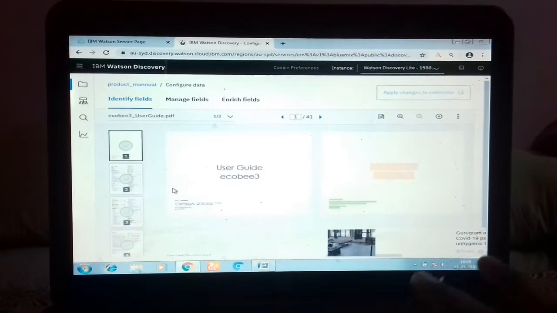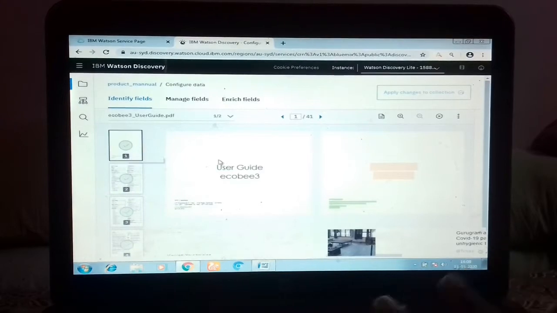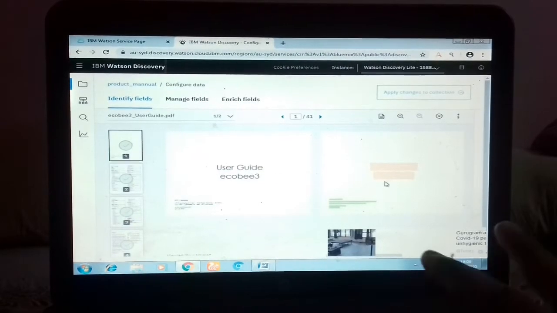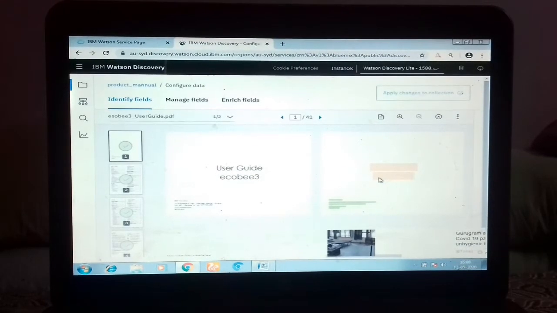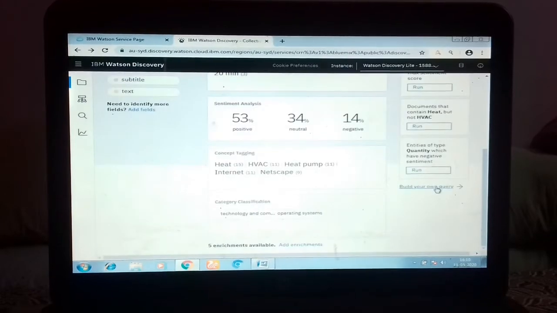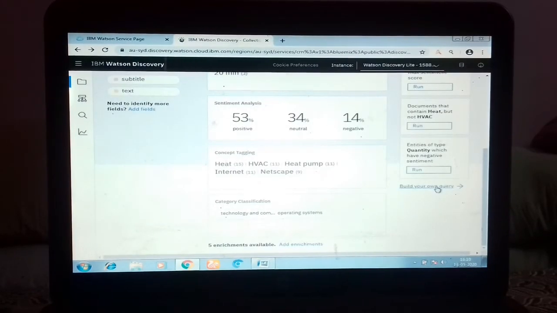After configuring your document, the green tick will be shown here. Let's see the result of the Watson Discovery. Now the document has been configured.